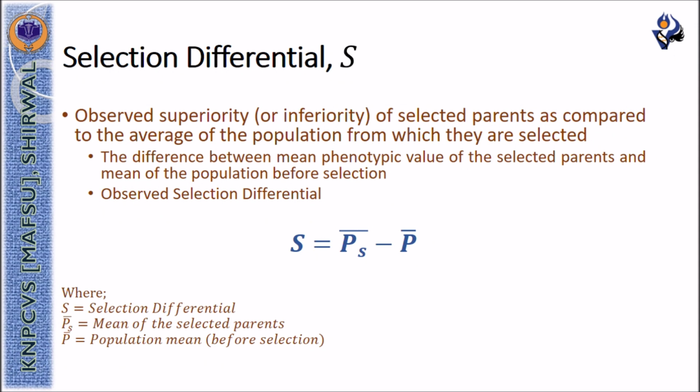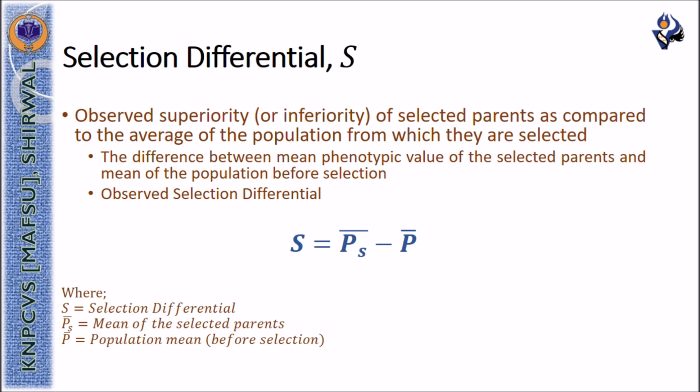Selection differential is the observed superiority or inferiority of selected parents as compared to the average of the population from which they are selected, and it is calculated with the formula capital S is equal to PS bar minus P bar, where S represents the selection differential, PS bar represents the mean of the selected parents, and